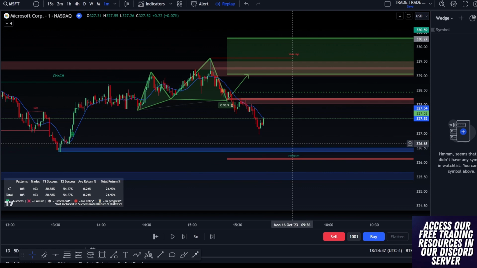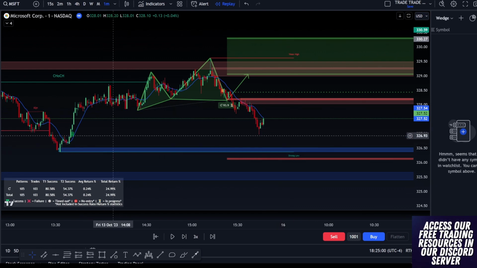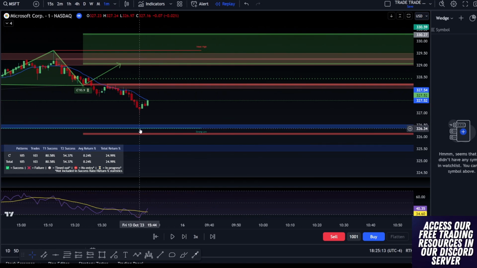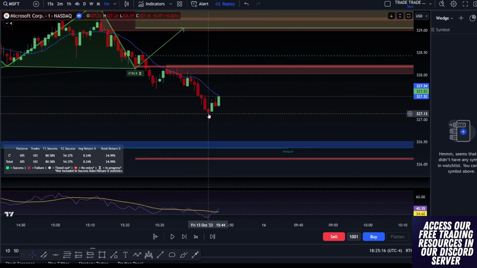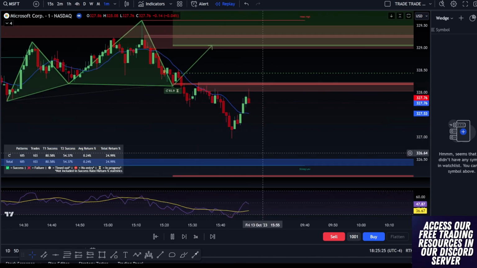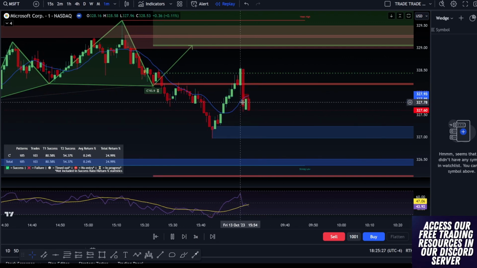So where do we go long here? There is also a fair value gap that we didn't fill, close to filling. So let's first look at RSI and see what the RSI is doing. Okay, so the stock is making a lower low. What did the RSI do? It actually made a lower low. That's not good. So let's let this play out. I want to go long down at like 326.50. Okay.